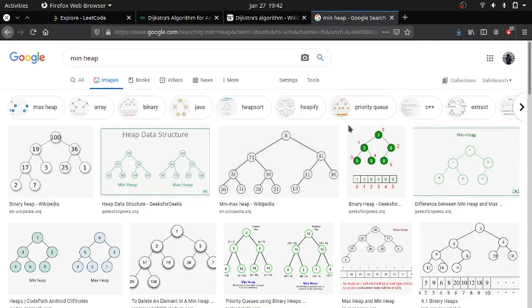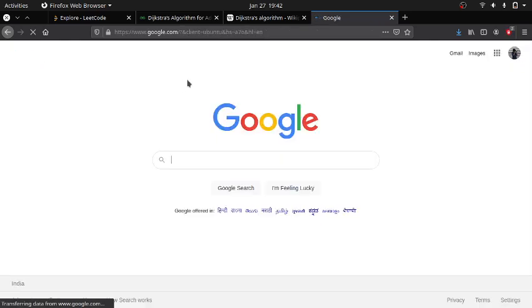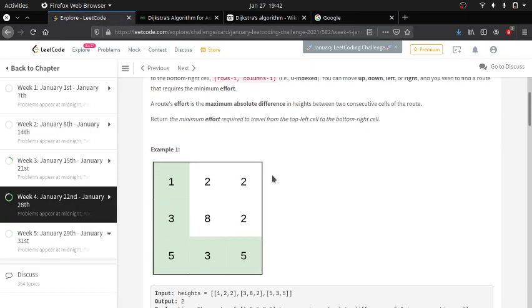Okay, so why should we use a min heap? Because we will be exploring the path from this element to this element in such a way that we need the minimum of the maximum effort, the minimum of the maximum absolute difference. This sounds confusing.